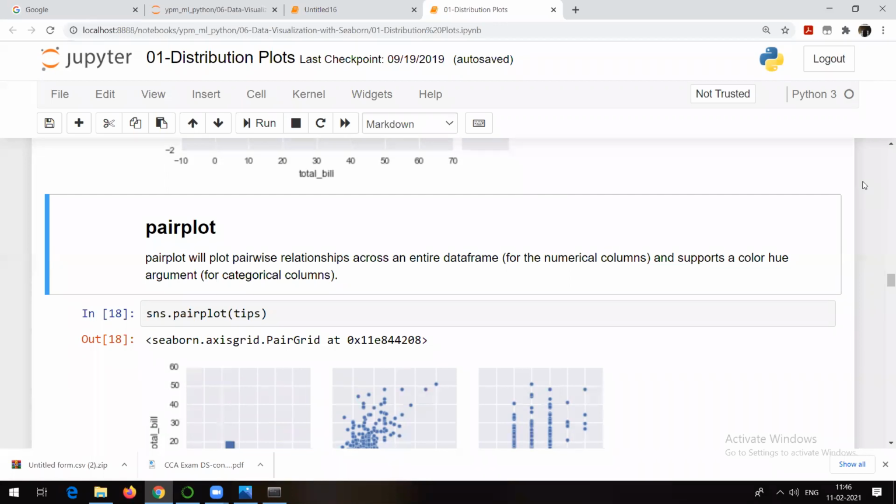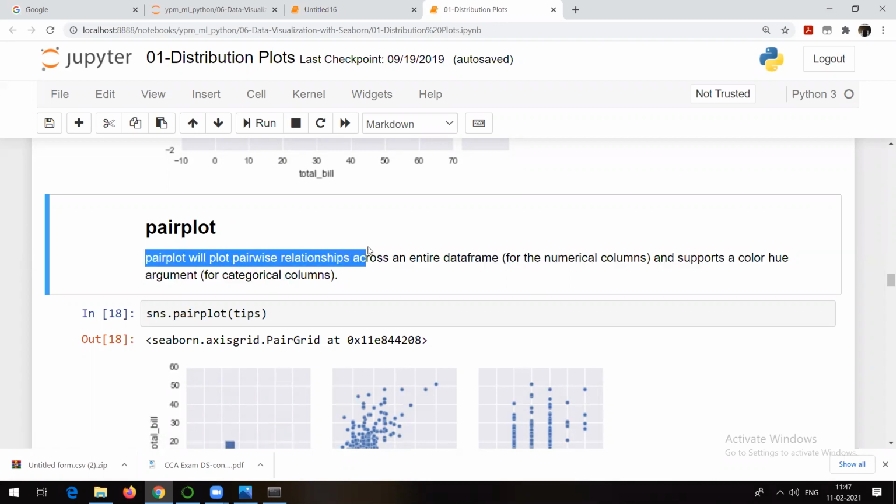And by default, it is going to take into consideration the columns which are in numeric format. So it does not mean that we cannot visualize the columns which are not in numeric format. We can visualize those columns also, those variables also, but we need to make use of some parameters. See, you can check it.